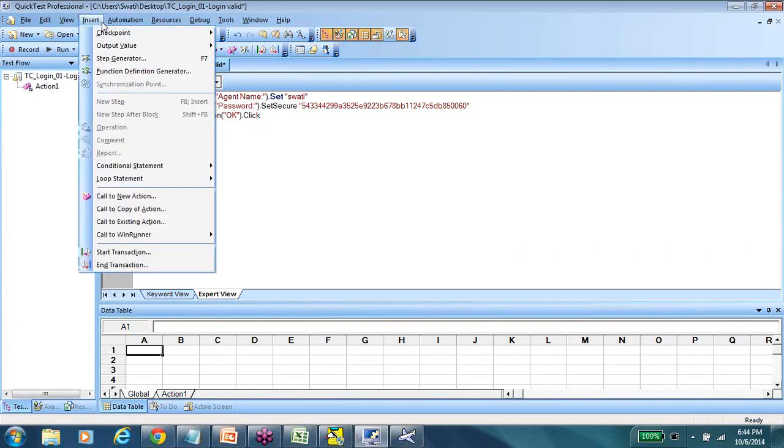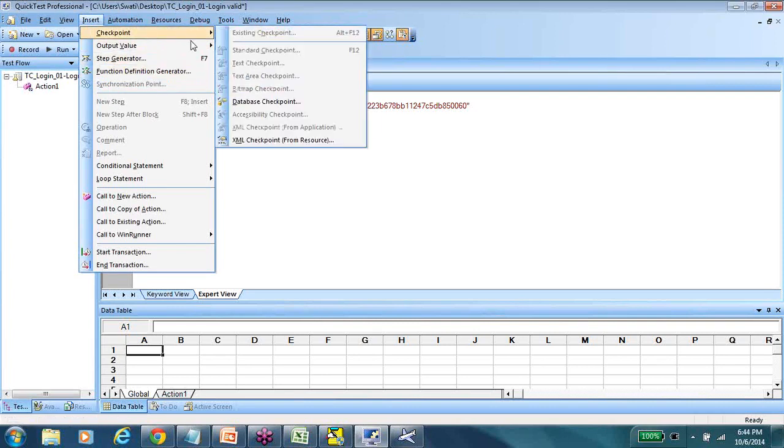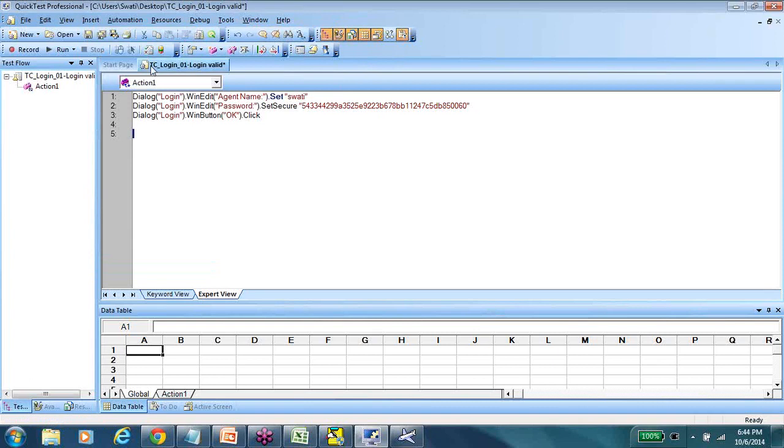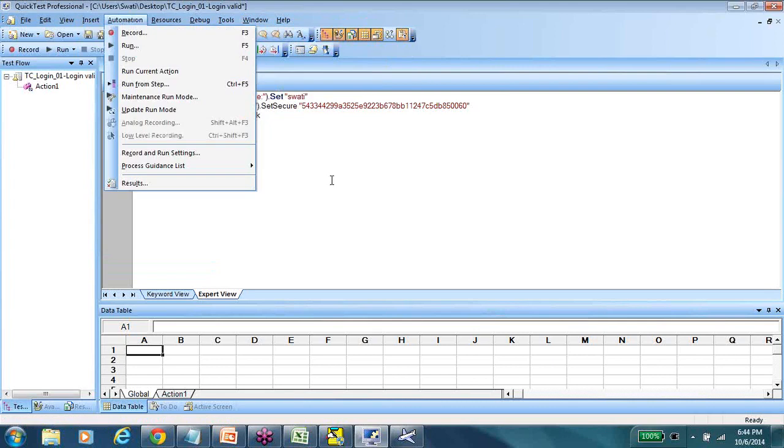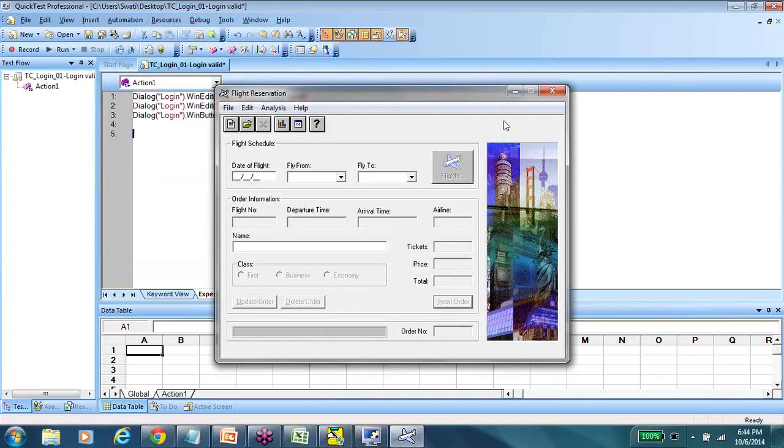Now, QTP inbuilt provides you with a few of the checkpoints. There are lots of checkpoints that QTP provides. So you can place a checkpoint on any standard object, specifically on a text area, bitmap, databases, accessibility checkpoint, XML checkpoint. So all of these are inbuilt checkpoints that are available. So unless your test has at least one checkpoint, your test is not complete. Your test is not actually a test. It will simply be a repetition of what you're doing. So what we can do is,